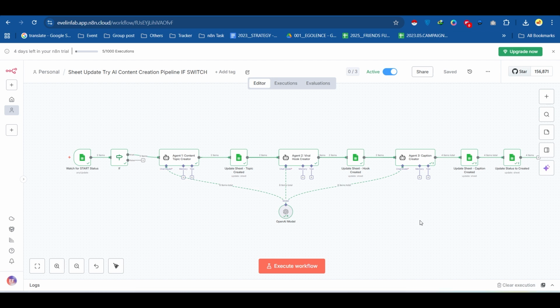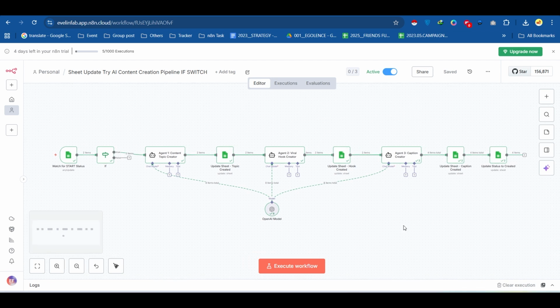So yeah, this is one of my creations that I have been working on. I have so many other things,